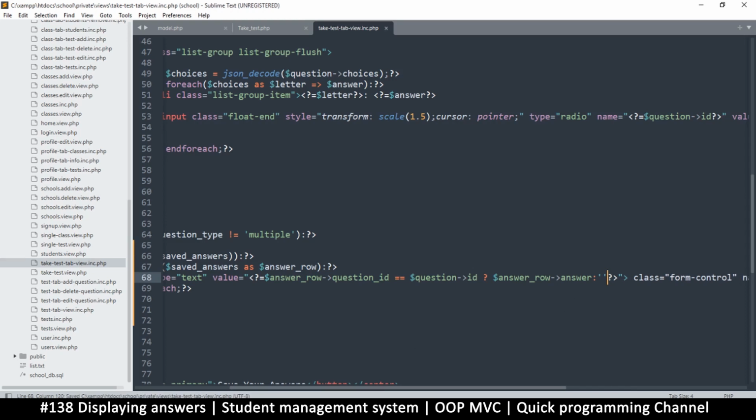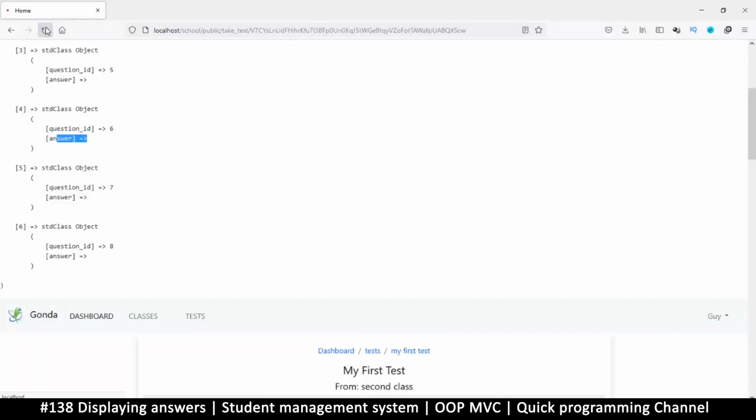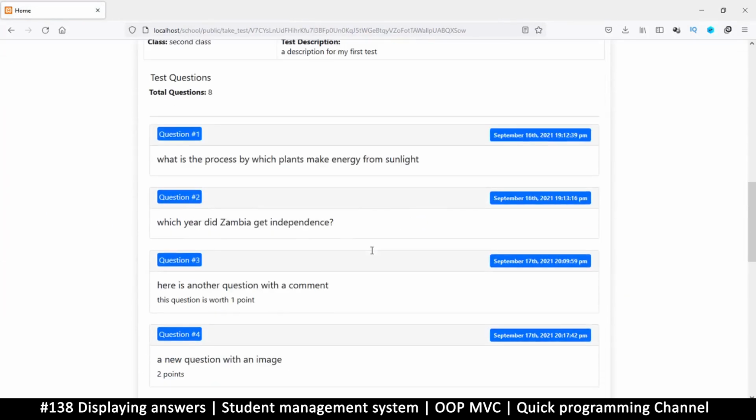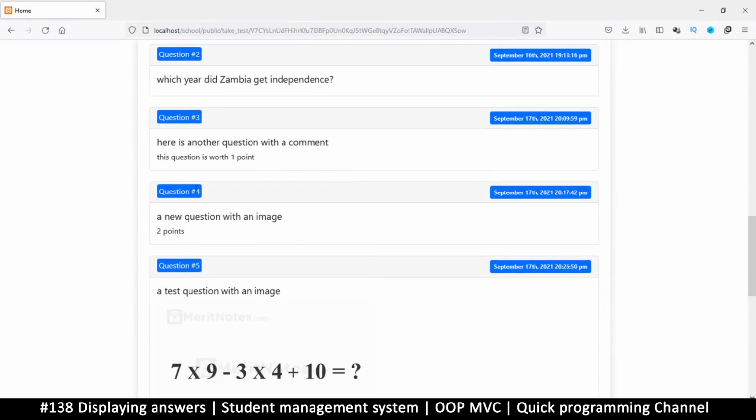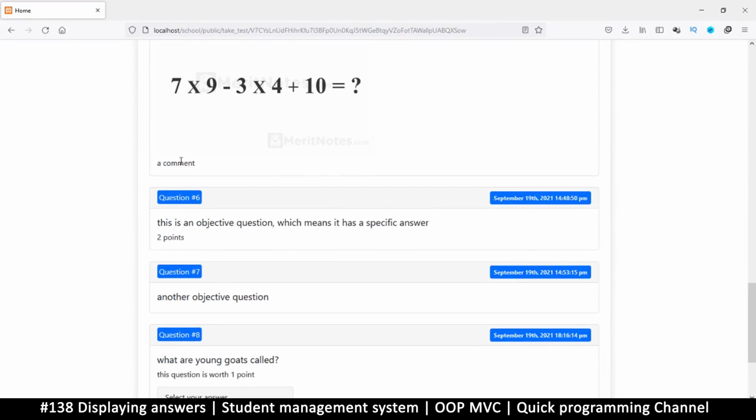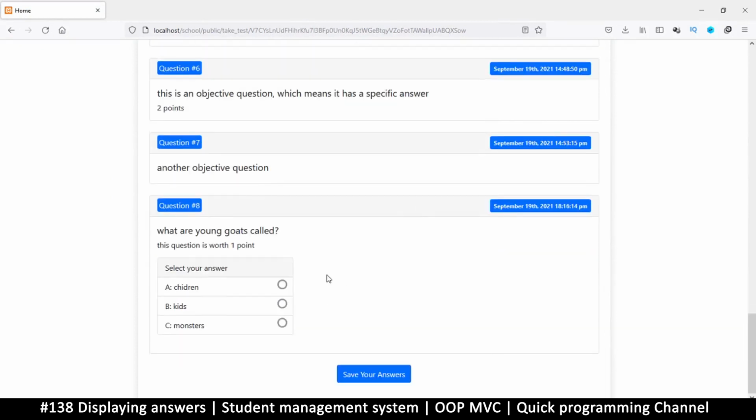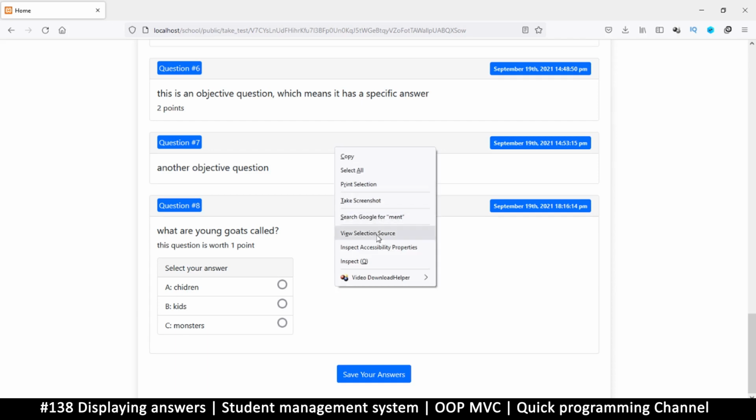So there we go. Let's see if that works. Refresh. Let's see that we have no errors. Do we have errors? I think we do, because I can't see any inputs here. So when I can't see the errors as well, all I need to do is view the page source here,